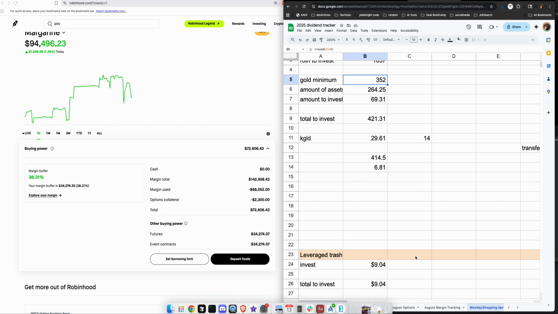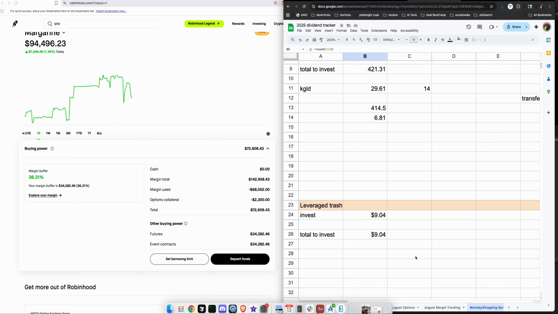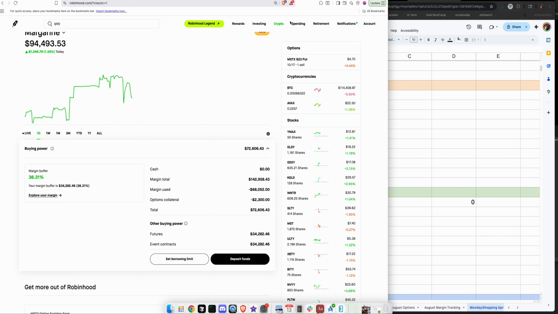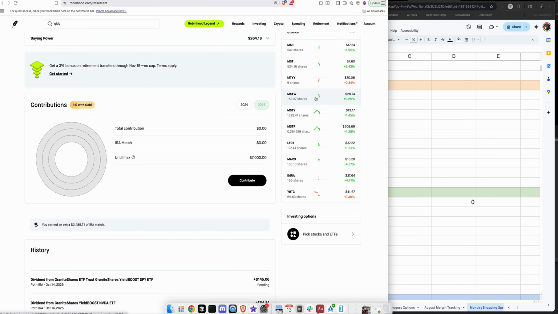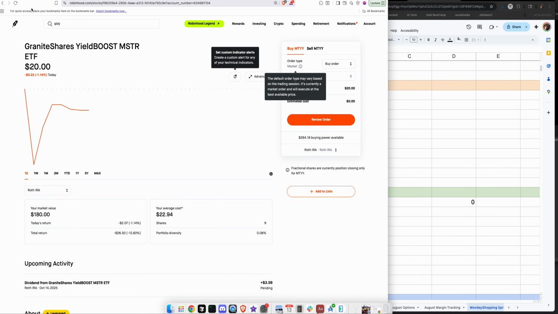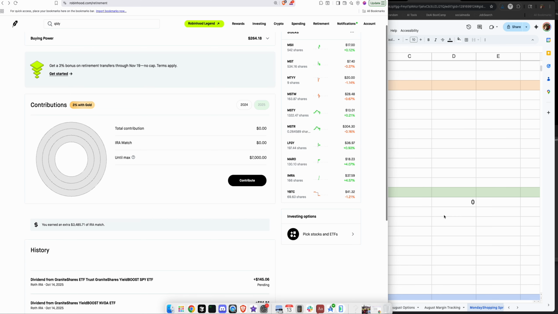And then we did the leverage trash. We've got my Roth IRA. So if we go to my retirement account, and we're just going to go down the list. Oh, that was not the list. Stop clicking on things, Amy. Okay, so